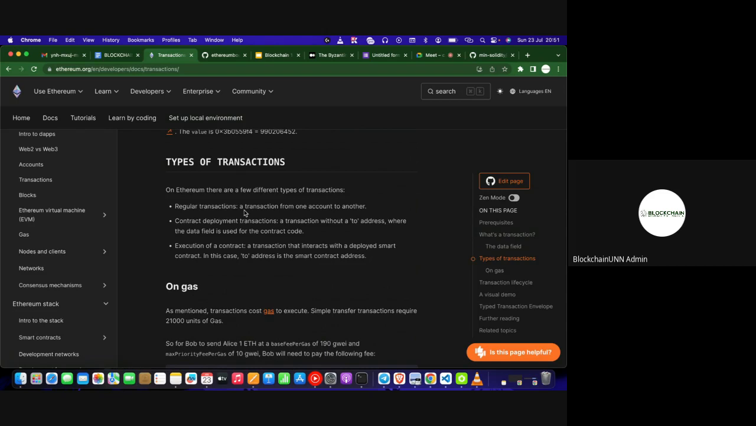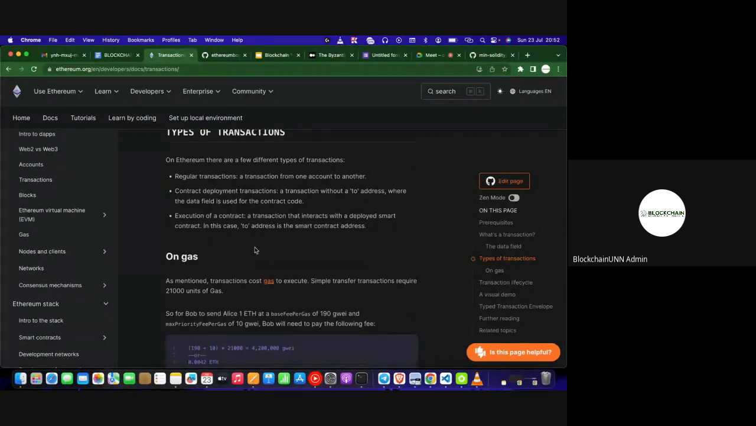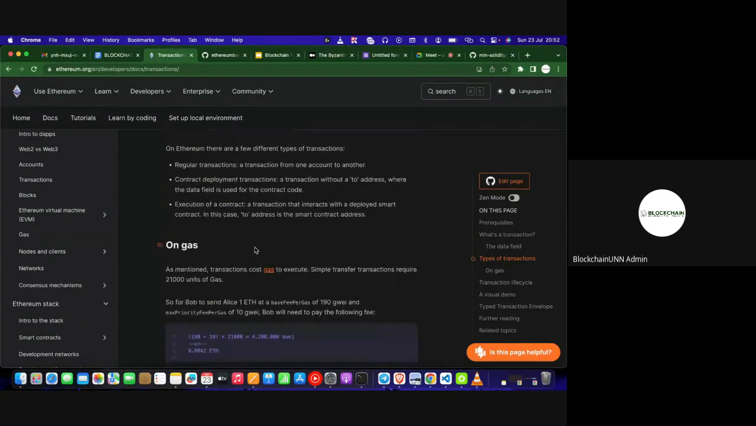Then we have contract deployment transactions. These are transactions that are carried out when you want to deploy a smart contract. These transactions are unique because the to address is usually missing. There's no to address, and the data field is usually filled in with the contract code, that's the contract bytecode, basically. Then the third type of transaction we have is the execution of a contract, so when you make a call to a public function or an external function